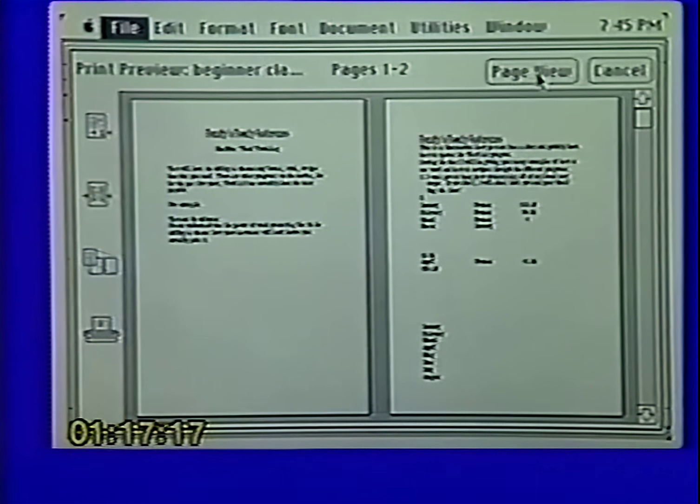But there are 2 major changes. There are 2 differences between looking at it in the galley view and when you're looking at it in the page view. Now what those changes are is this. Back in the old 3.02, when you were just typing along, and also when you're just in galley view in Microsoft Word 4.0, if you do side-by-side columns, you do the commands, but you don't see on the screen what it's going to look like. The old what you see is not what you're going to get.